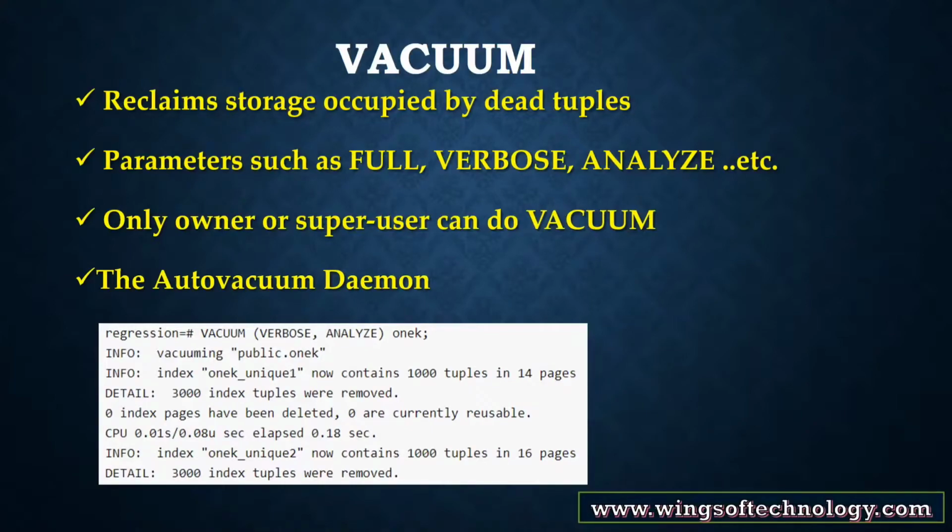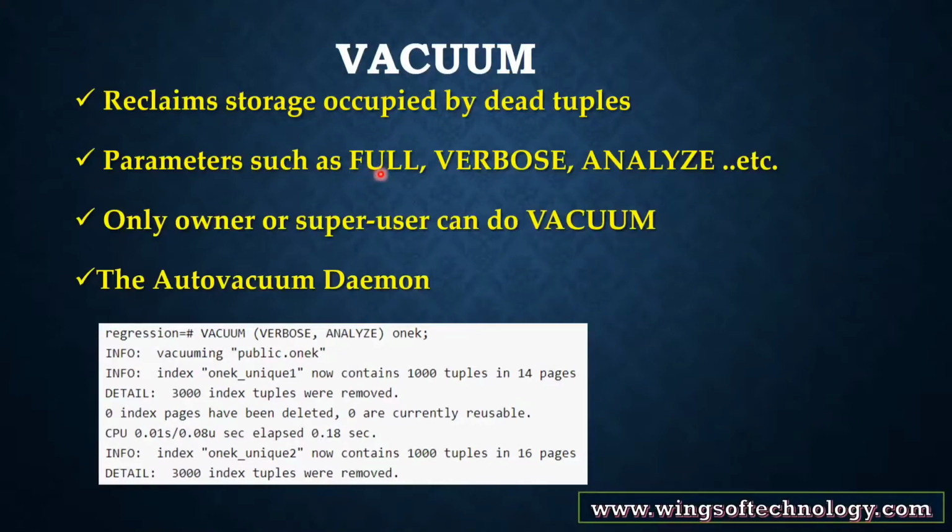Plain vacuum simply reclaims space and makes it available for reuse for that particular table. This form of the command can operate in parallel with normal reading and writing of the table, as an exclusive lock is not obtained. However, extra space is not returned to the operating system. It's just kept available for reuse within the same table. Vacuum full rewrites the entire contents of the table into a new disk file with no extra space, allowing unused space to be returned to the operating system. This form is much slower and requires an exclusive lock on each table while it is being processed.